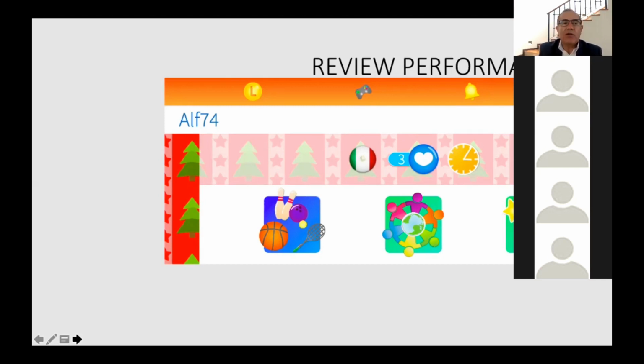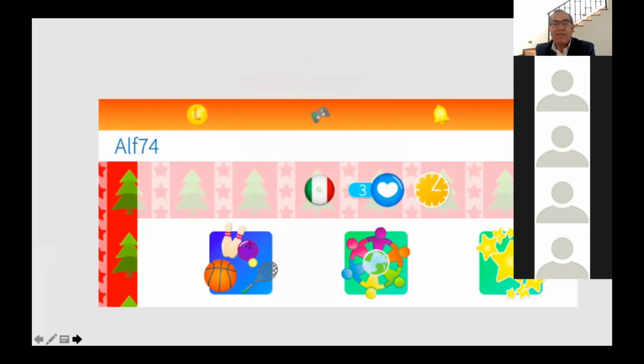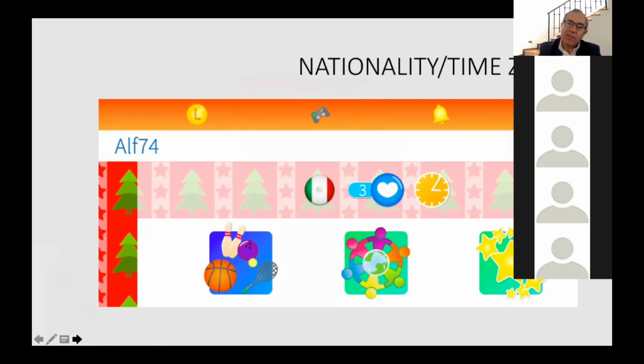And where can they see that, or the parents, because the parents are going to tell you, ¿Cómo va mi hijo? Enséñame su boleta. I need a 10 because my kid is almost bilingual. Well, you click on this icon, on the stars, and then it's going to show you how many activities they have done. Then you can also see the nationality of the student, and when we see digitals, we're going to see that, and the time zone, because in your case you have a different time zone than we have, and if they have digital friends in the future, it is also going to be important to know the time zone. This is it.